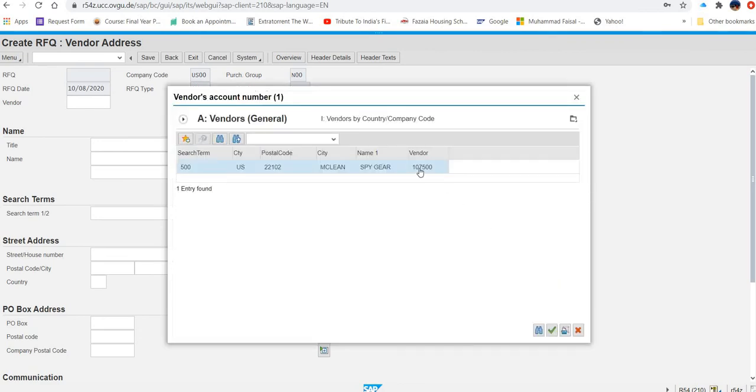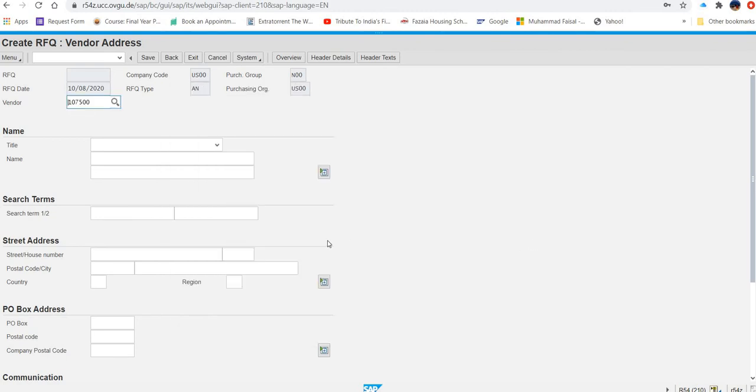See, another vendor came. So we will select this vendor. Again in the country we will put US. In search term we will put 500, and then again we will save.